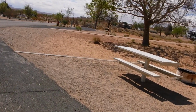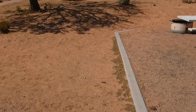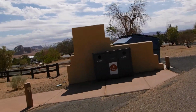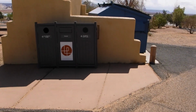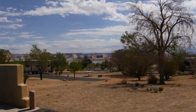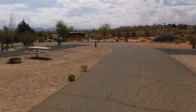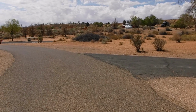We'll continue on. I just wanted to show you guys that they also have fire rings. There was, for a while, a fire ban. Here's a shower house, and they do recycle. That's nice. And the dumpster, and they have those at the end of every loop, or close to the end of every loop here, so you can dump your trash and recycle,